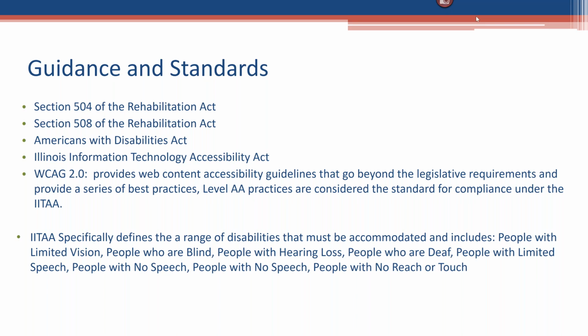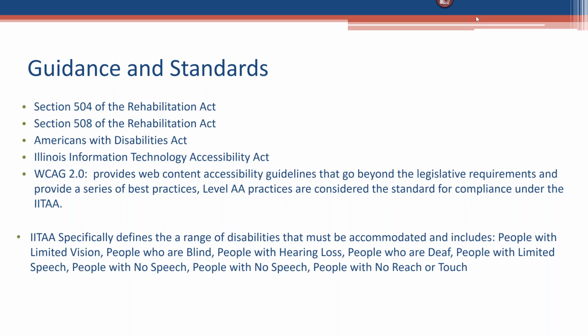But the guidance and standards we're talking about are Section 504 of the Rehabilitation Act and Section 508 of the Rehabilitation Act. These provide protections for people with disabilities and prevent discrimination. 508 is where we interpret a lot of the broad level guidance to prevent discrimination. Or I'm sorry, 504 is where we get that broad level guidance. And then 508 is where we find the really specific technical requirements and the expectations for what is web accessibility